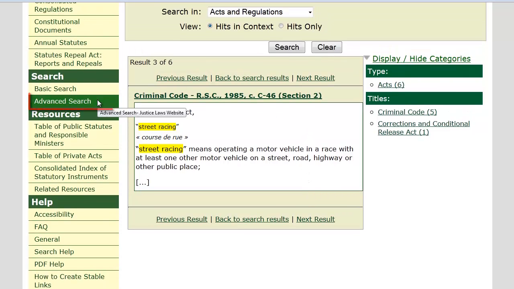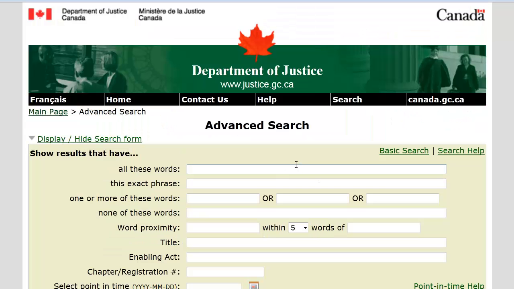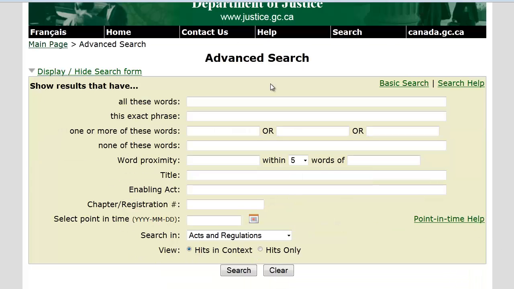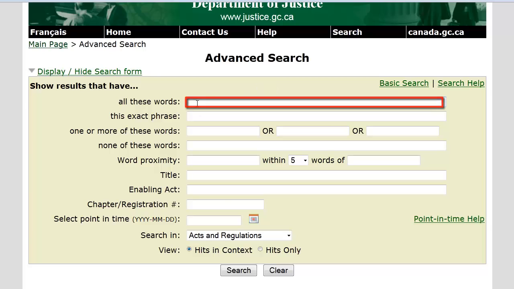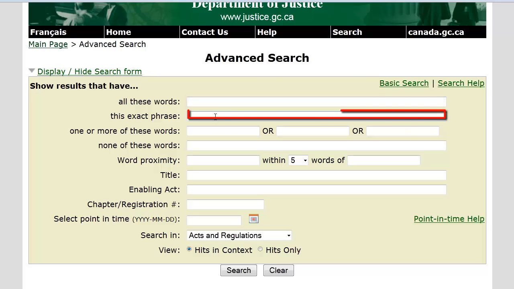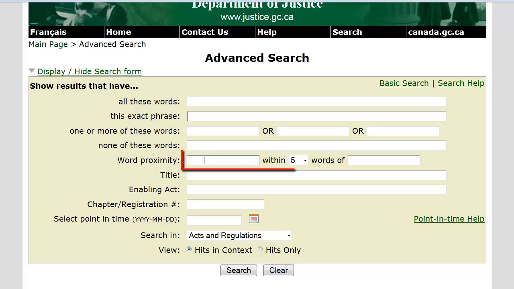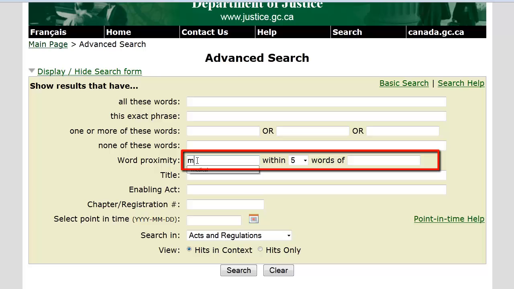If I wanted to do something a little more complex, I could use the advanced search. The advanced search page allows me to construct a more sophisticated search. I could use these different boxes, for example, to search for all of these words if I had an exact phrase I wanted to look for. But what I really like about this is it's got a word proximity search. So if I wanted to search to see what legislation says about medical marijuana, I could type in the word